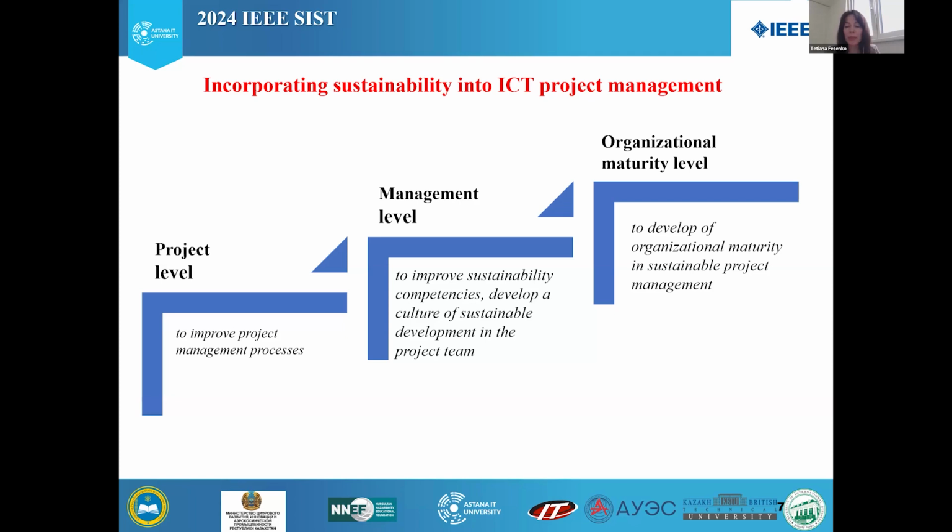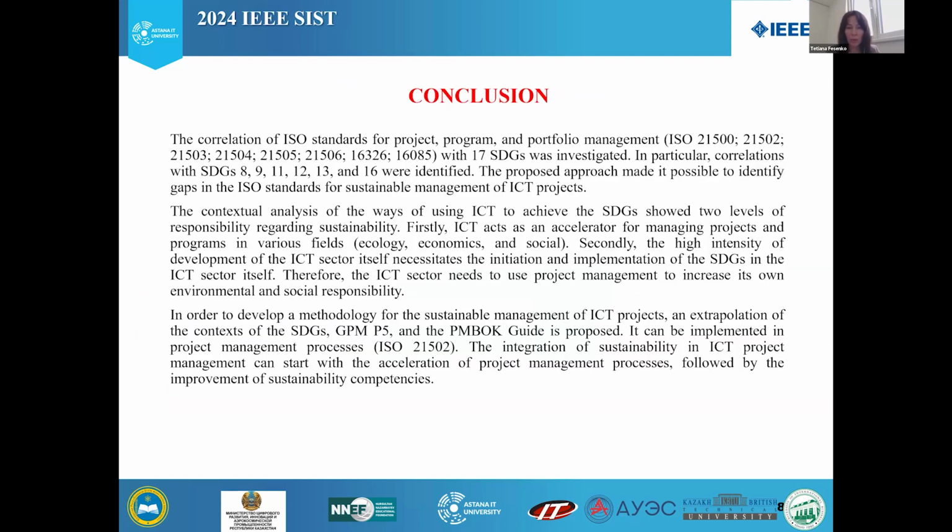For the management level, it is necessary to acquire and improve sustainability competence. The third level is the development of organization maturity in sustainable project management. In general, the transition to sustainable project management requires the development of relevant creative knowledge and the development of